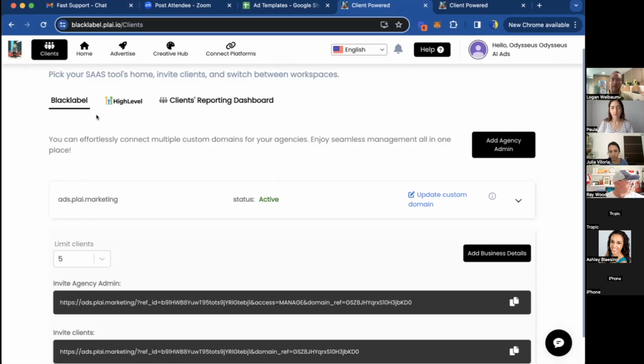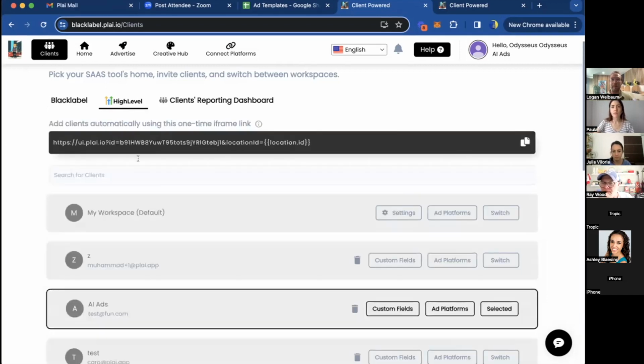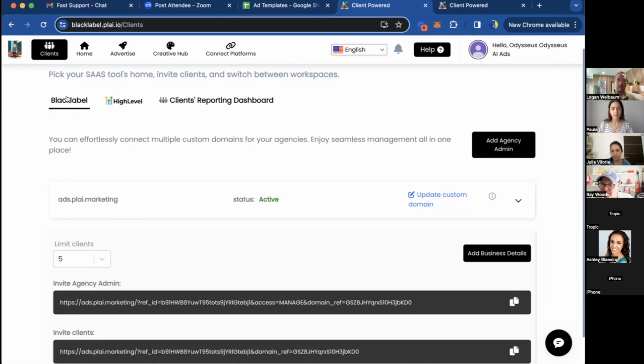What you'll see here is a Black Label tab. We're also bringing your white label clients into here too, so you can use this as a place to manage everything. Even if you just wanted to try out Black Label, your white label features are also included in here. You'll see all of your high level clients from your white label account, and you'll also see your custom domain clients from your white label account. But again, with Black Label, you're the super admin.